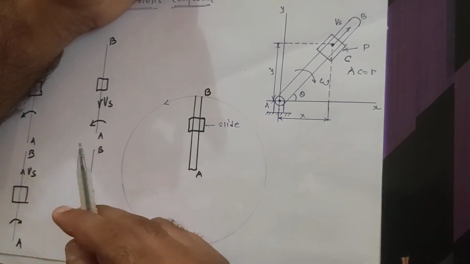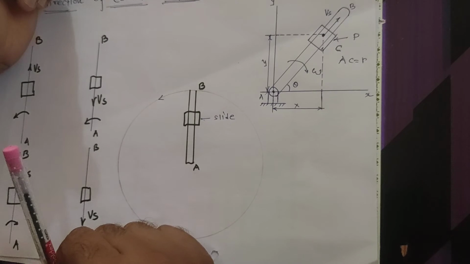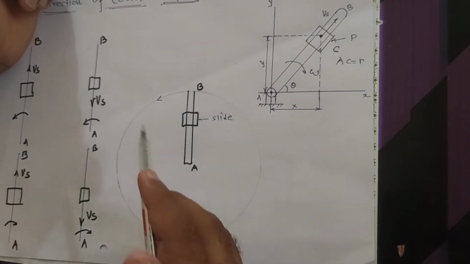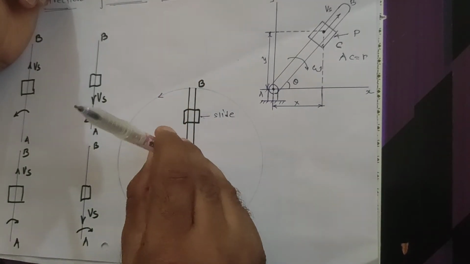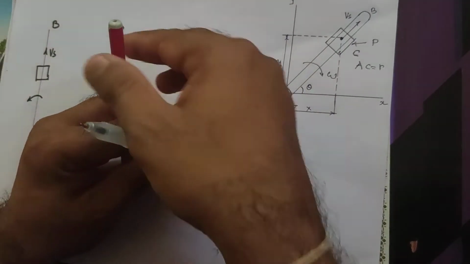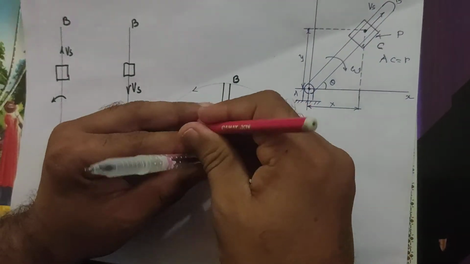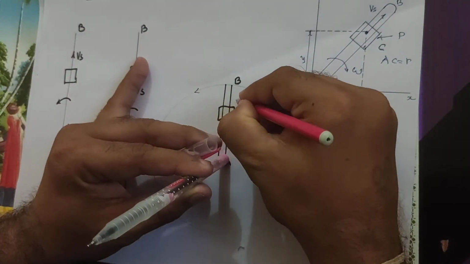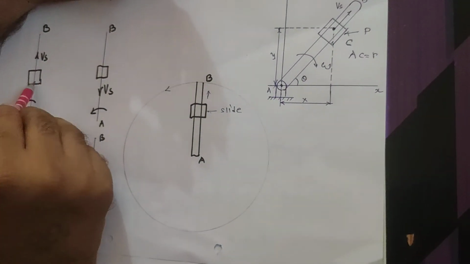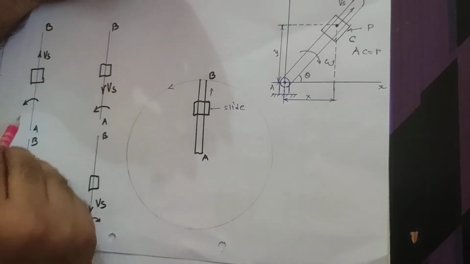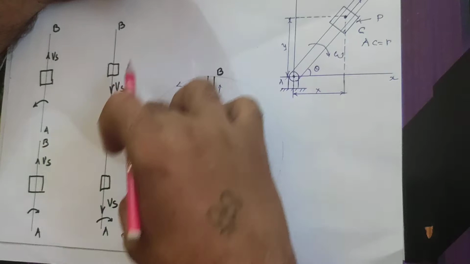To find the direction, we have to use the right thumb rule. This is the direction in which the piston link moves. It may be considered the vertical direction. In the first condition, the slider may move in the upward direction, and this is the direction in which the link moves. The slider moves upward and the link moves rotationally.